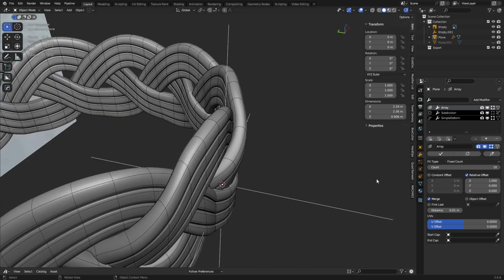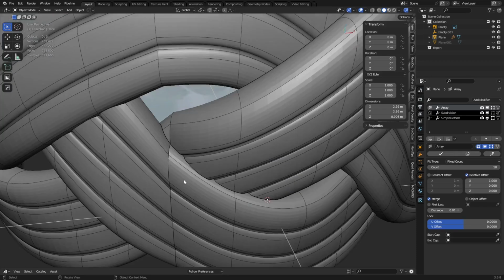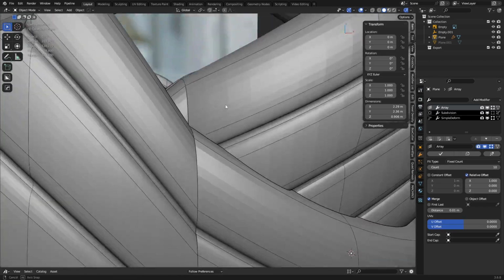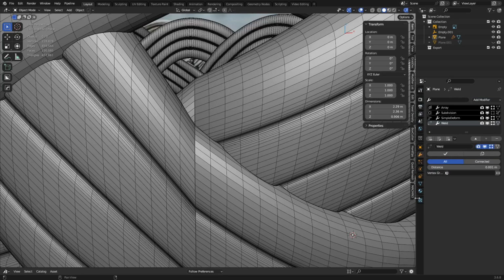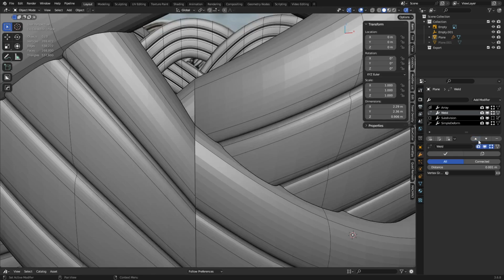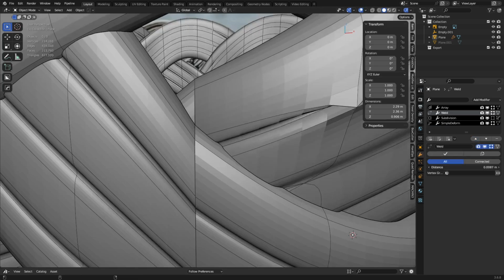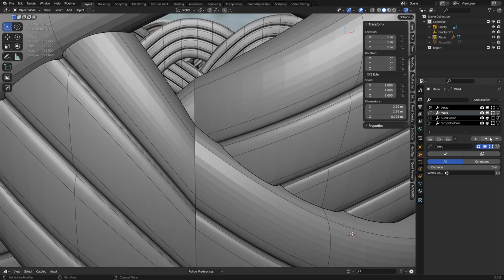and you'll see it starts turning into the ring. Now we do have one slight issue here, in this area. You see it doesn't merge together. The array has merge options, a first and last even, but it doesn't work in this particular area. So what we can do is, after the array, add a weld modifier, and stick that weld modifier up there, and we might have to bump up the amount a little bit. Oh, maybe it's not right there. Maybe it's